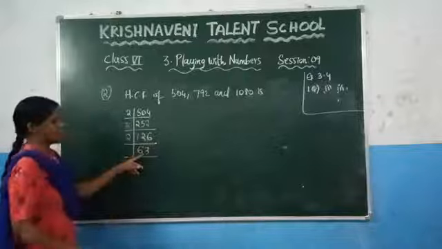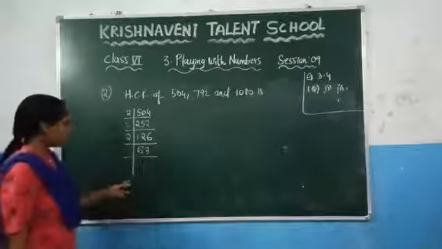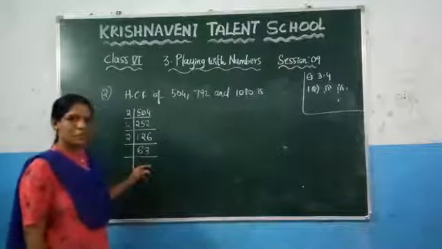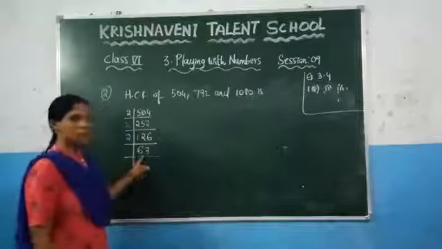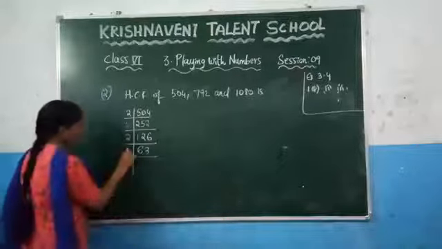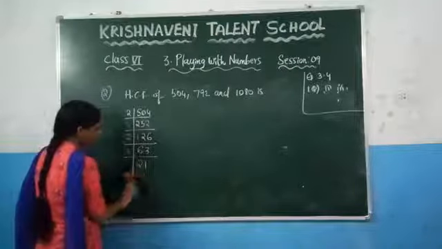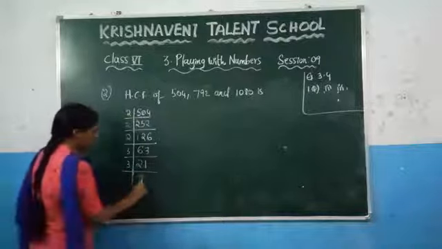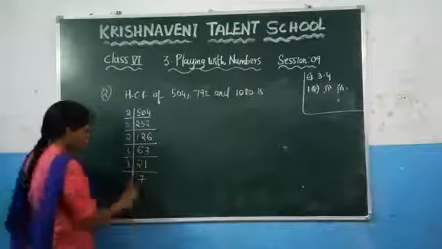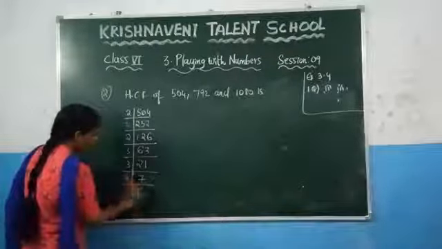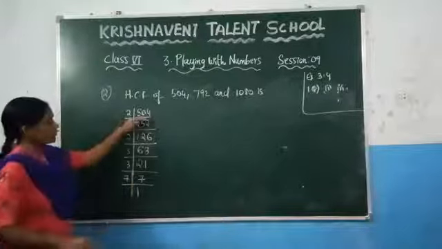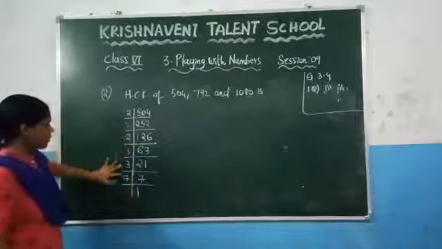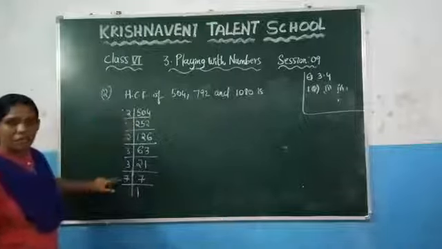And you know that this number is not divisible by 2, and you need to check for the next prime number. What is the next prime number? You know that 3 is the next prime number and 63 is divisible by 3. So write it here, 3 2s are 6 and 3 1s are 3. And after that again it is divisible by 3, 3 7s are 21. And after that 7 1s are 7. So we have written this 504 as a product of the prime factors. You can observe that all these are the prime factors.